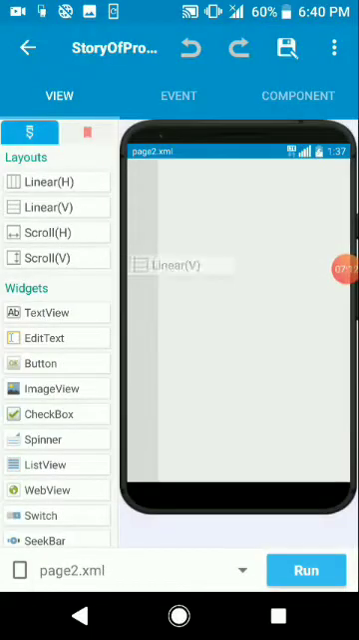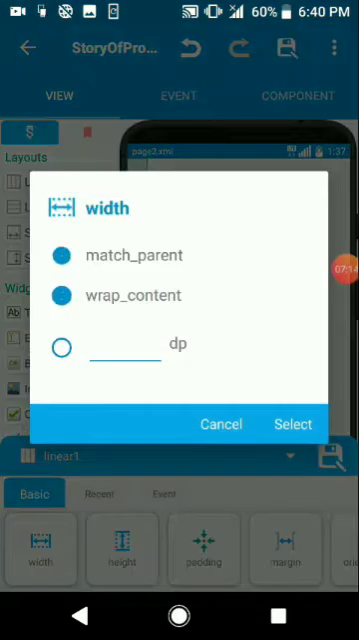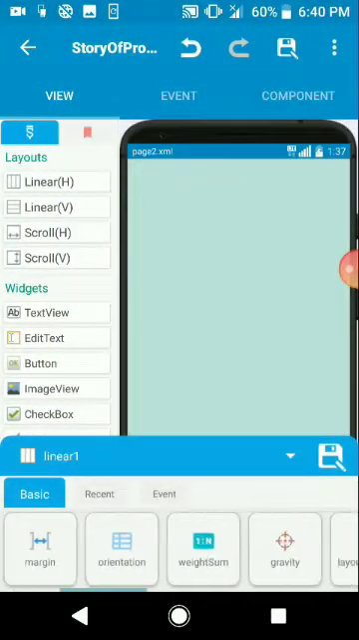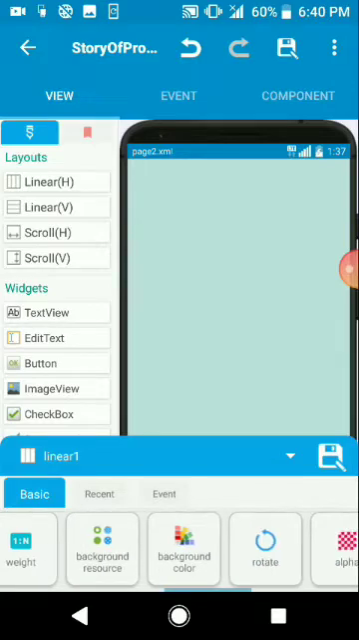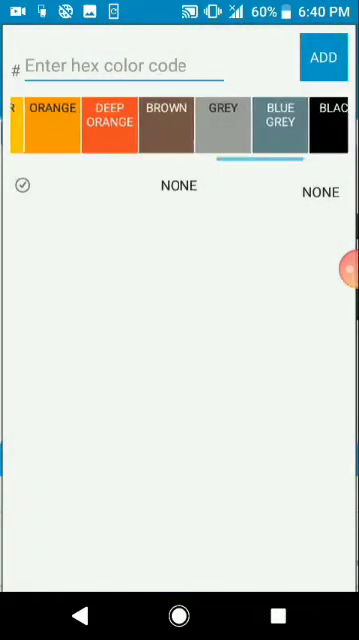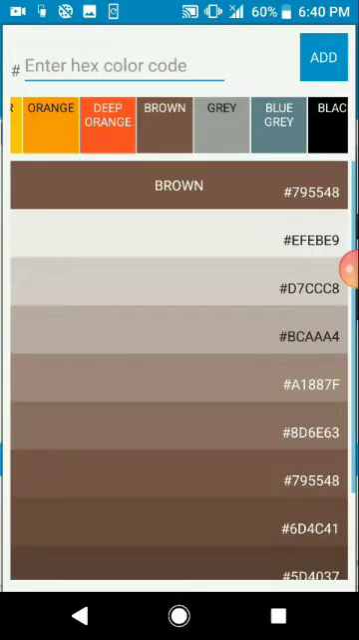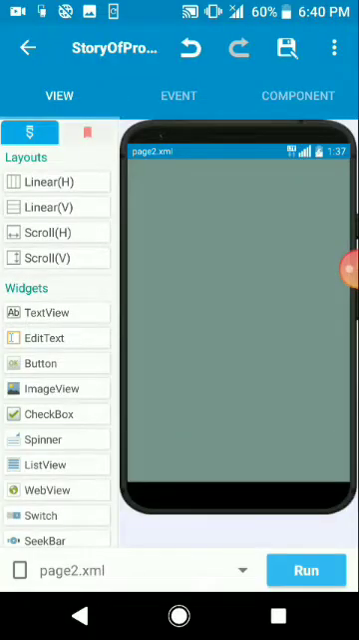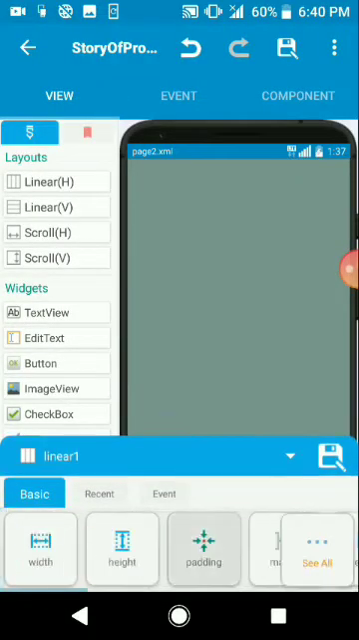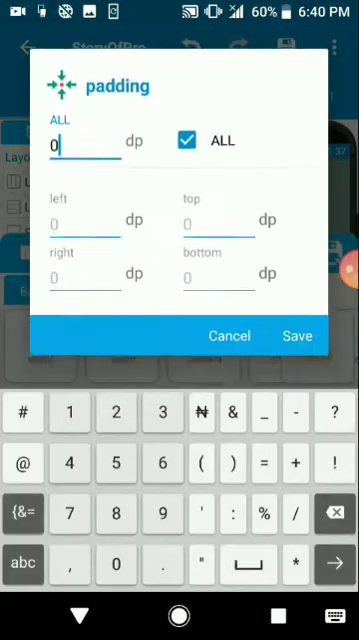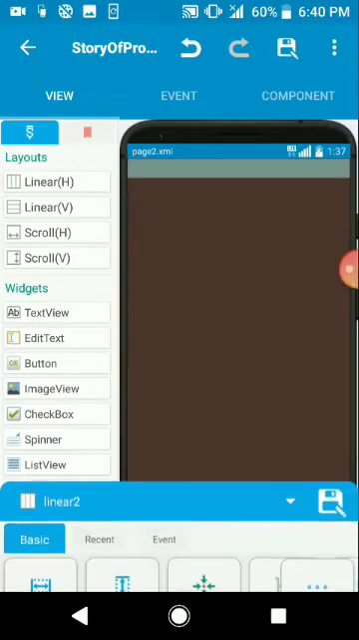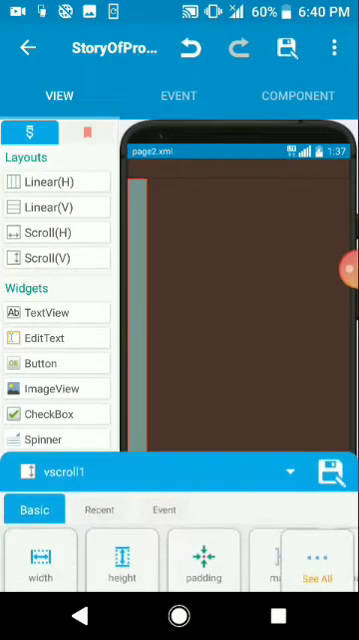So linearly, okay, don't forget, let's just change the color immediately so that we'll not be coming back for it. Okay, so the padding 0. Okay, so linear H, scroll V,